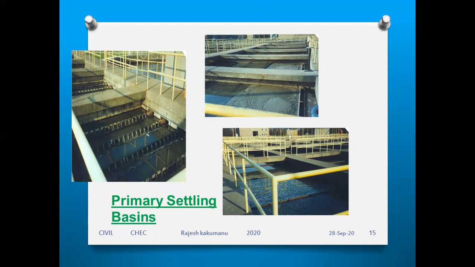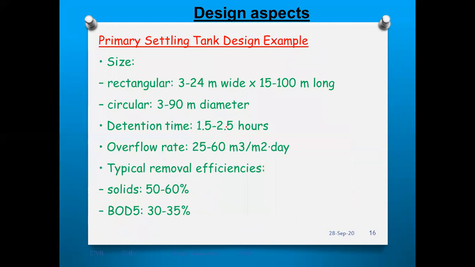So these are the three phases or images where you can see the primary settling basin process, right? What are the design aspects of a primary basin or sedimentation tank whenever you are constructing or studying in any work? See the design aspect. Coming to the first one, the size. Generally the size of the sedimentation tank may be 3 to 24 meters wide into 15 to 100 meters